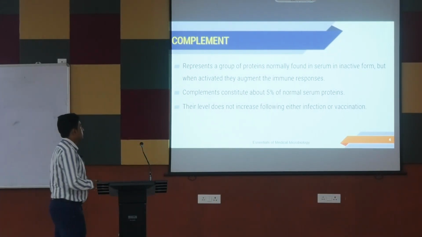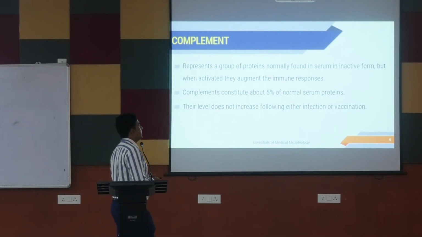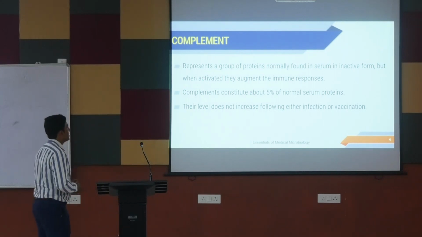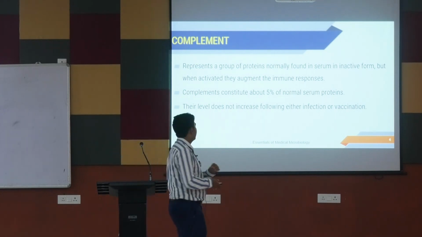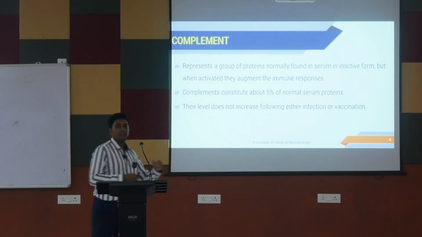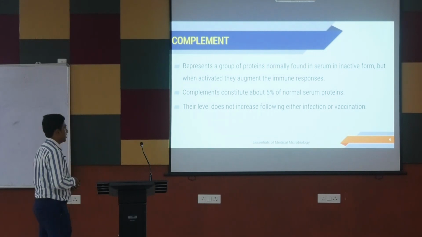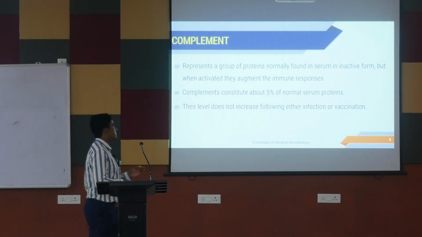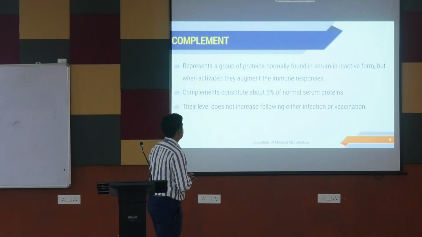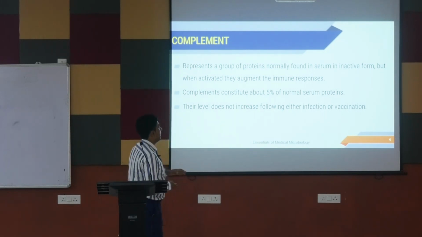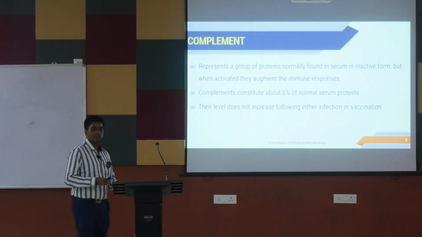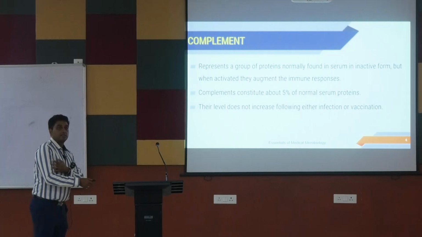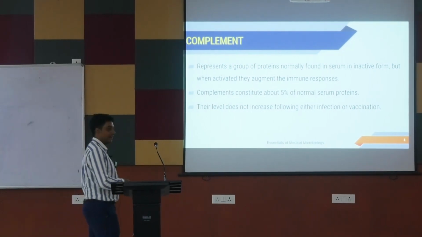Complement represents a group of proteins present normally in the serum in inactive form, but when activated, they augment the immune responses. তাহলে কমপ্লিমেন্ট গুলো কি? এক ধরনের প্রোটিন যেটা আমাদের সেরামে ইনঅ্যাক্টিভ ফর্মে রয়েছে, অ্যাক্টিভেটেড হয়ে গেলে তারা ইমিউন রেসপন্সেস গুলোকে অ্যাক্টিভেট করে। The complements constitute about 5% of the normal serum proteins. Their levels do not increase following either infection or vaccination. ইনফেকশন বা ভ্যাকসিনেশনের ক্ষেত্রে তাদের ওপর কোনো চেঞ্জেস হয় না। নর্মাল সেরাম প্রোটিনসে তারা 5% থাকে।